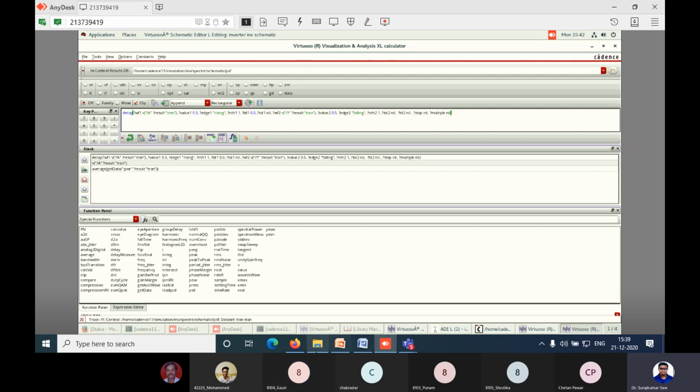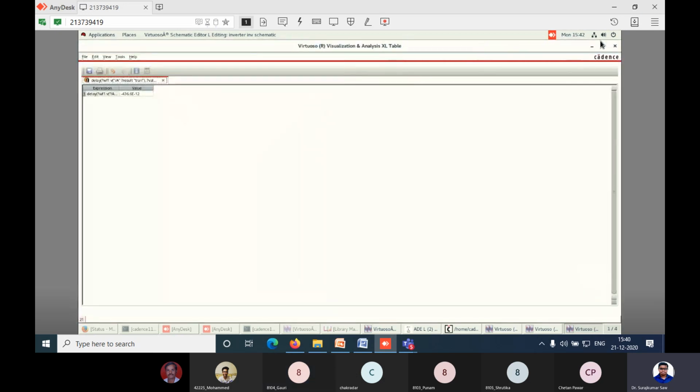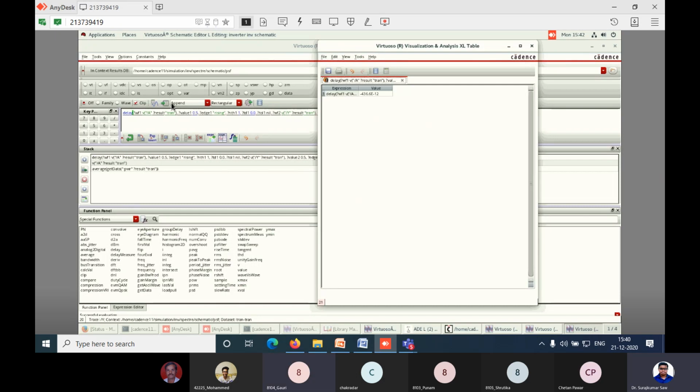See, for taking the value, you have to click on this. Evaluate buffer. You will get the delay of minus 436, something like that. All of you click on this window. This is nothing but an append buffer window. Click on buffer. How much are you getting? Something like minus, right?